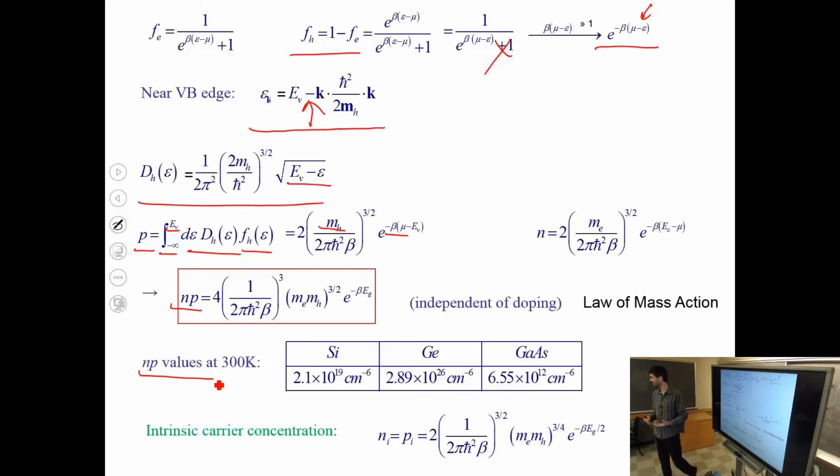Now, if you have an intrinsic semiconductor, then the Fermi level, the chemical potential, is right in the middle of the gap, and that means that the density of electrons and the density of holes is exactly the same, right? To create one hole, you need to kick up one electron, and so you can already tell from this formula what they are. It will just be the exponential factor divided by 2 here. So this will be the density of electrons or holes in an intrinsic system.